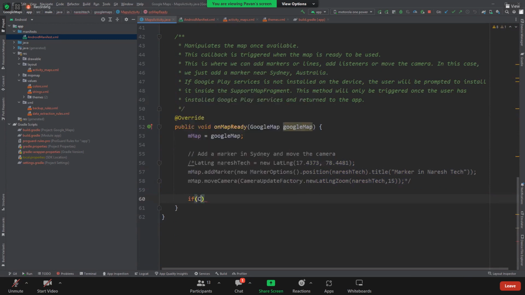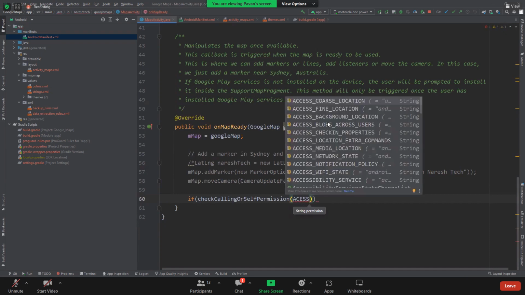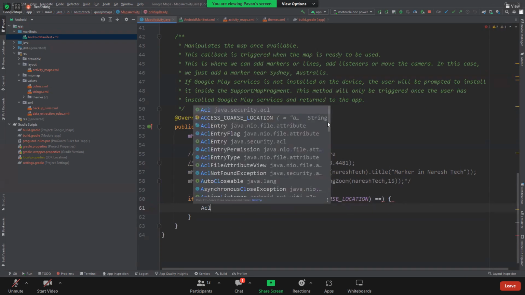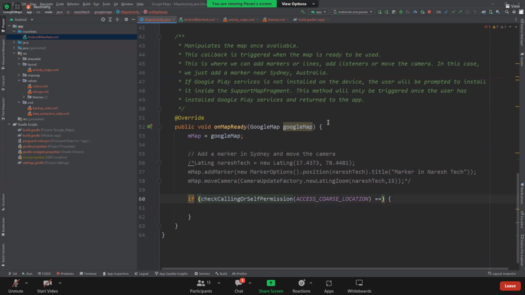For getting the current location, you have to check calling self permission, access fine location or coarse location, which is equal to PackageManager.PERMISSION_GRANTED. If the permission is granted,